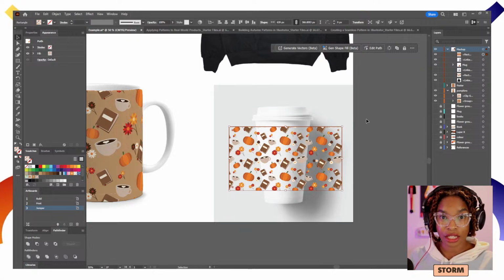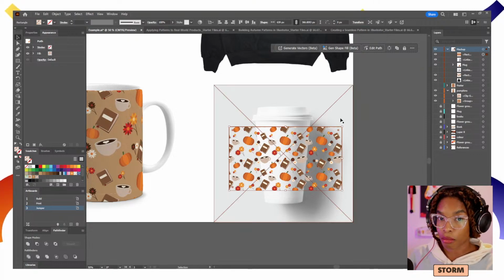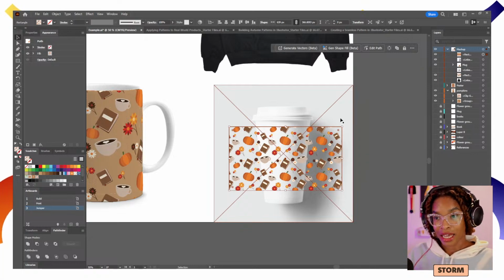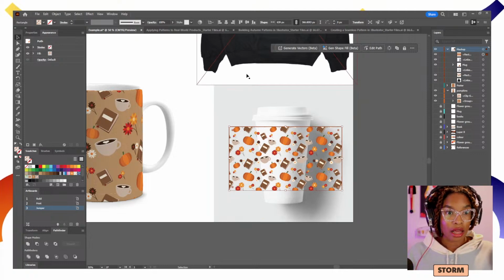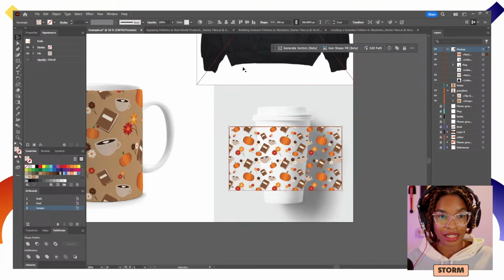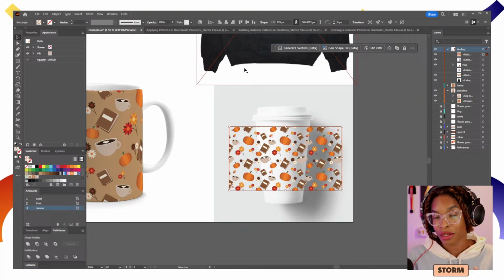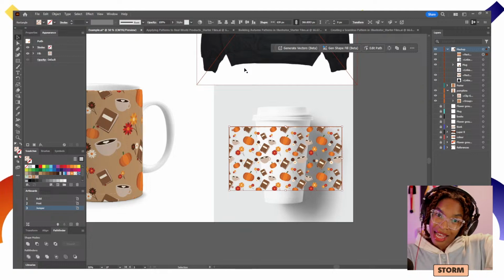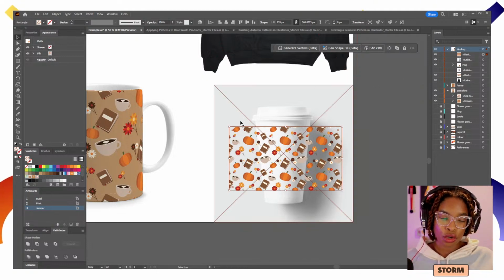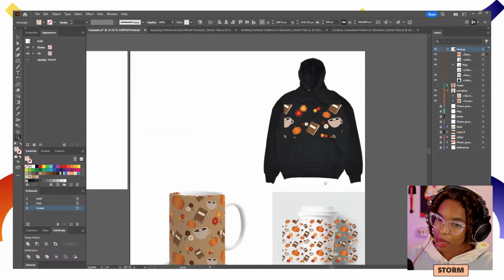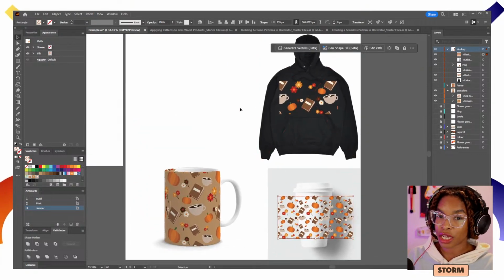In which case, you would just need to set a new document, and set the artboard to whatever size you wanted to print. In the case of a poster, Adobe Illustrator has a lot of really great presets set for you, like A4, A3, A1, and you can just set a document size for that, put in your design there, and take it to the printers. In which case you want to make sure you remember to use something like a JPEG or a PNG file